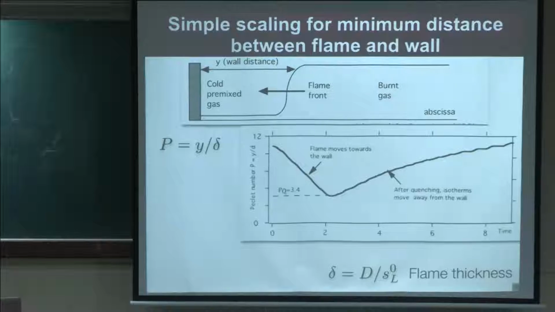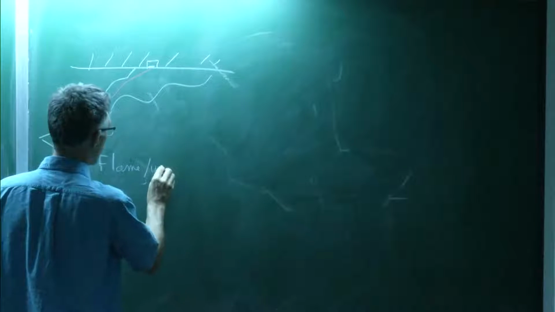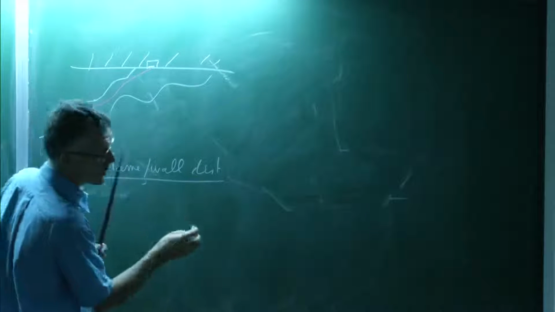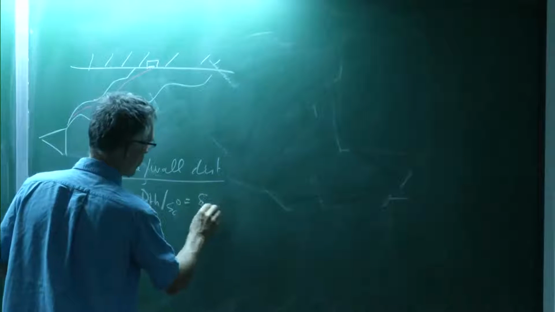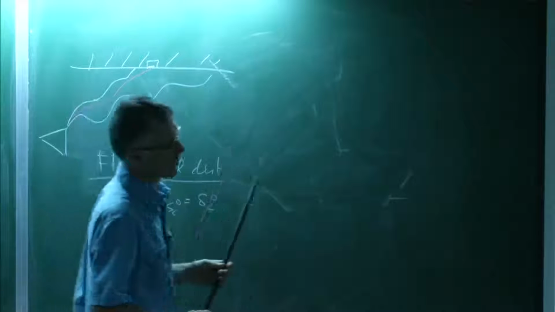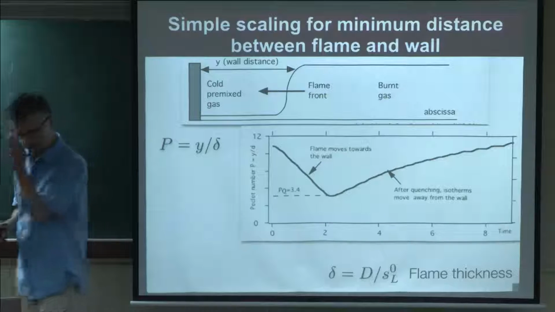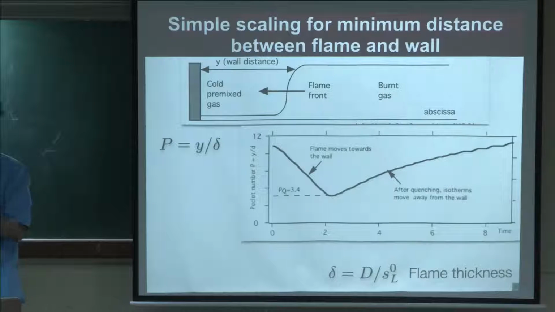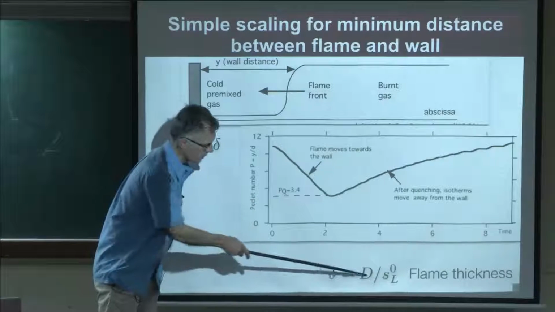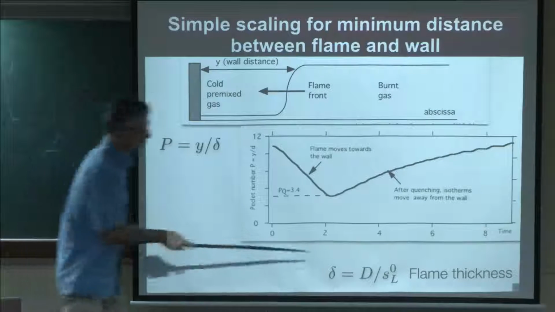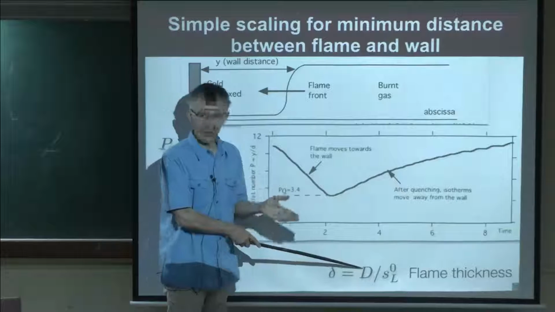So if you scale that, you see that for this quantity here, which is the flame wall distance, normalized by this quantity here, which is D thermal over SL0, which is also equal to the flame thickness, this quantity reaches about 3. That means that in an engine, you know before you begin that there is a zone near each wall where, for approximately three times this quantity, there will be no flame. The flame won't be able to go there. And this is not really the flame thickness. It's an evaluation of the flame thickness.